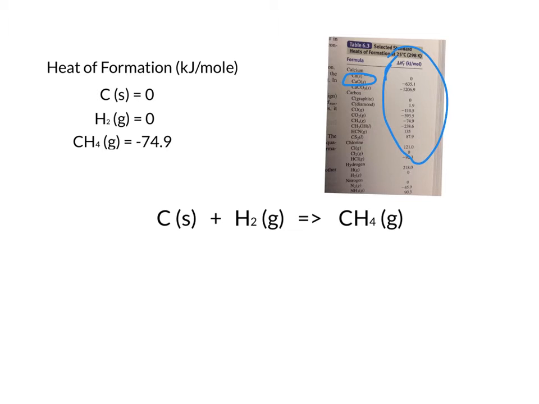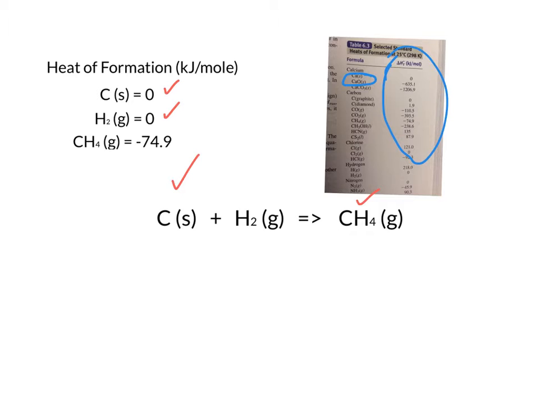And we're going to see how that works right here with a pretty simple reaction. And the reaction is taking a look at a carbon in its standard solid state at 1 atmosphere, 25 degrees Celsius. It's also known as graphite. Hydrogen, on the other hand, is a gas. And because both of these are in their most stable states, they have numbers of heats of formation of 0 for each of those. So what we can do in trying to calculate how much energy is either gained or lost in the creation of the last thing, which is our product, CH4,